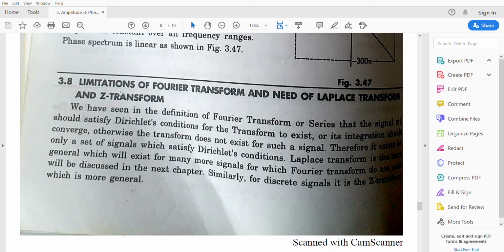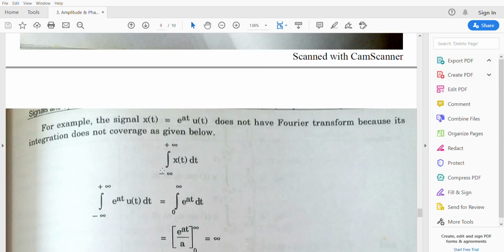Okay, this topic we already covered: the limitation of the Fourier transform and the need for the Laplace transform and Z transform. We have already seen the Dirichlet conditions of the Fourier transform. We can take the integration only for signals that are absolutely integrable. To show this, one example is given here. Suppose your x(t) time domain signal is e raised to minus a t u(t). Here e raised to plus a t means it's a growing exponential,